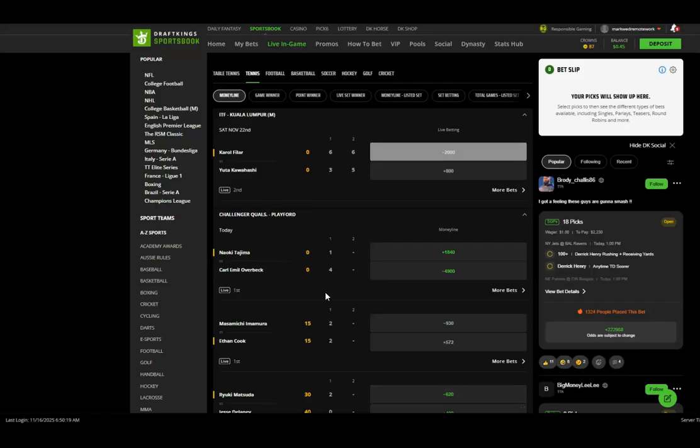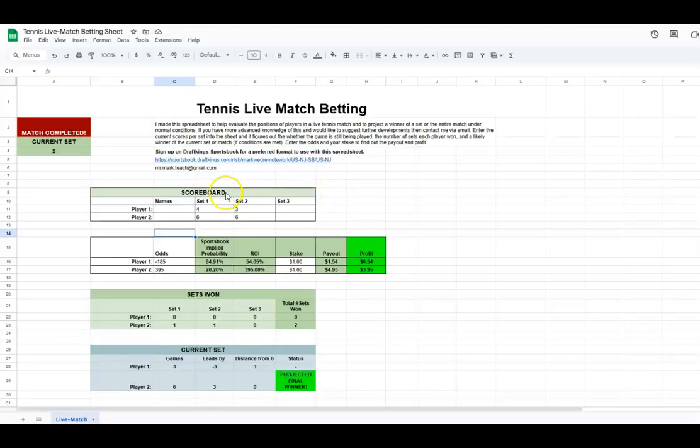So that's really the idea here. When I make a spreadsheet like this, it's not that I feel like people need this spreadsheet in order to bet on Tennis Live. It's not that at all. It's just something I was able to do in this case. This is a spreadsheet I was able to make very quickly because it's simple. Simple layout, so I was able to throw this together quickly. It's more for having a visual layout of what's actually happening, being able to calculate ROI. However, also